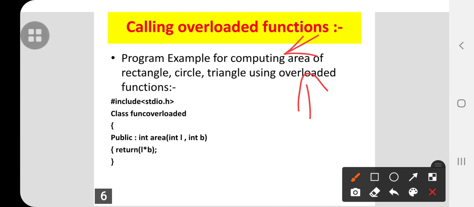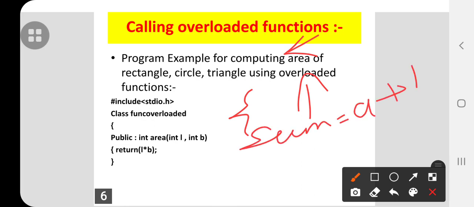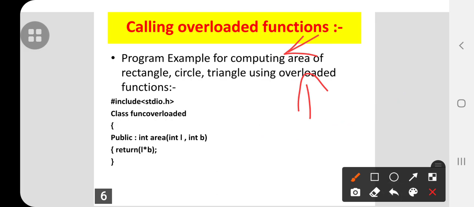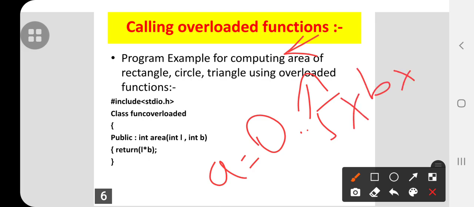This is a very easy program if you do it in a simple way, that is, just by putting a formula such as sum is equal to a plus b. You have to find the area of a triangle, right? So that is area is equal to half into base into height.